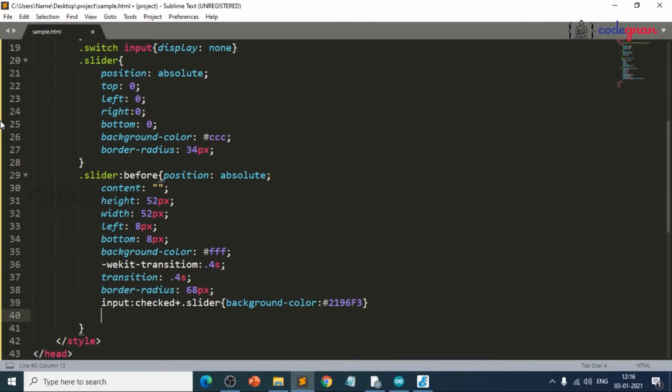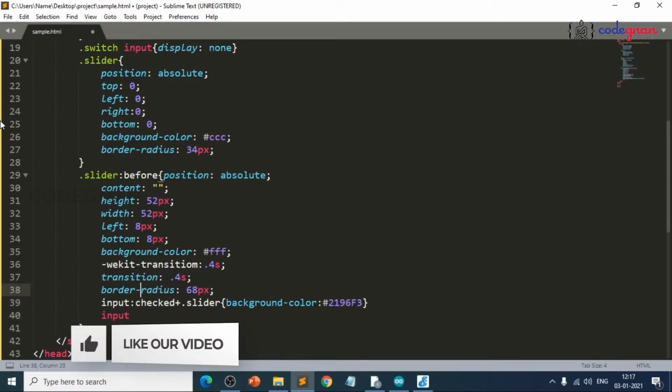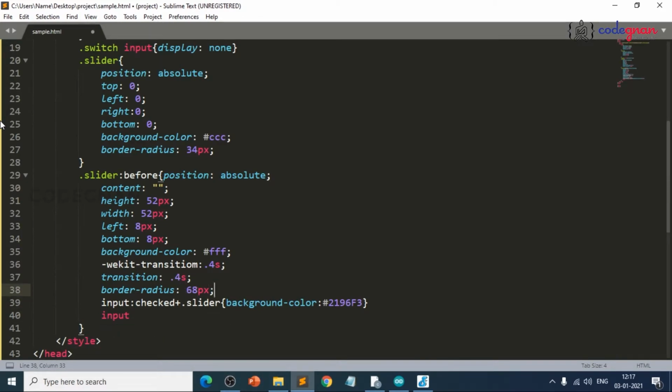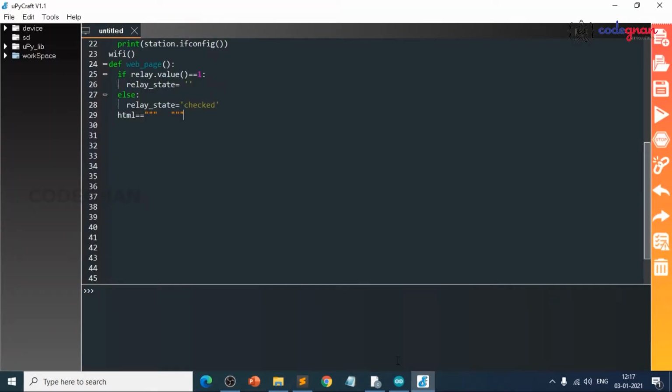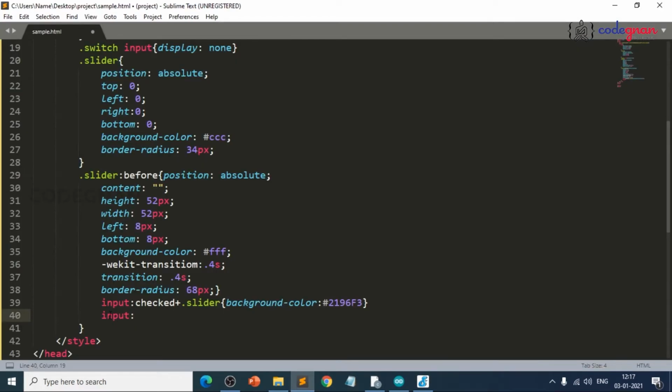And next thing, input, so I need to close this one here itself. Input dot checked, so you can see here I have written checked. For this we are writing code here from the HTML page.